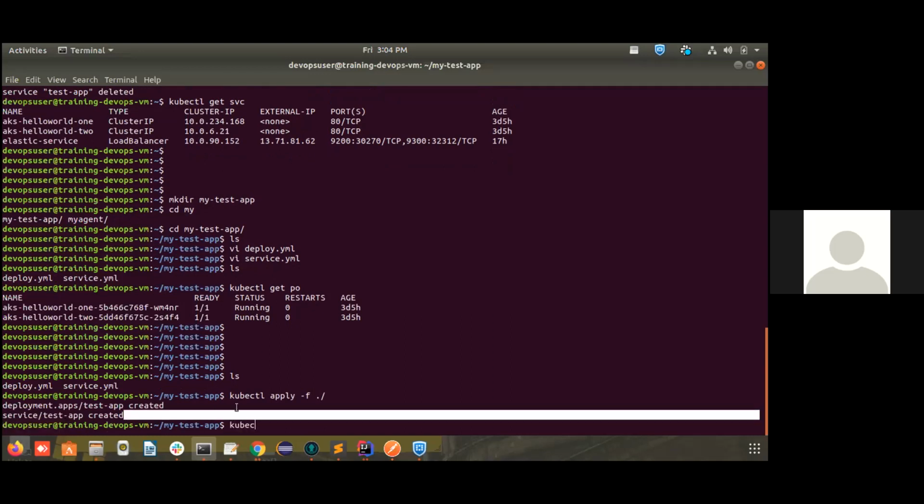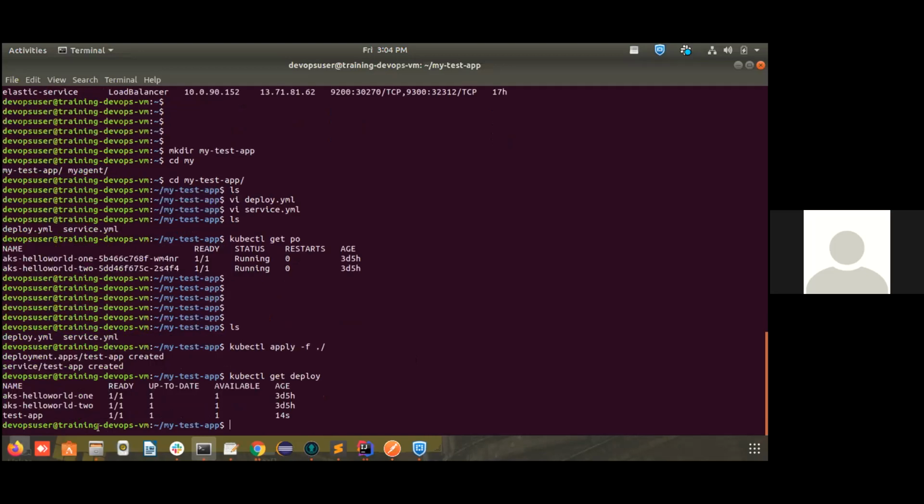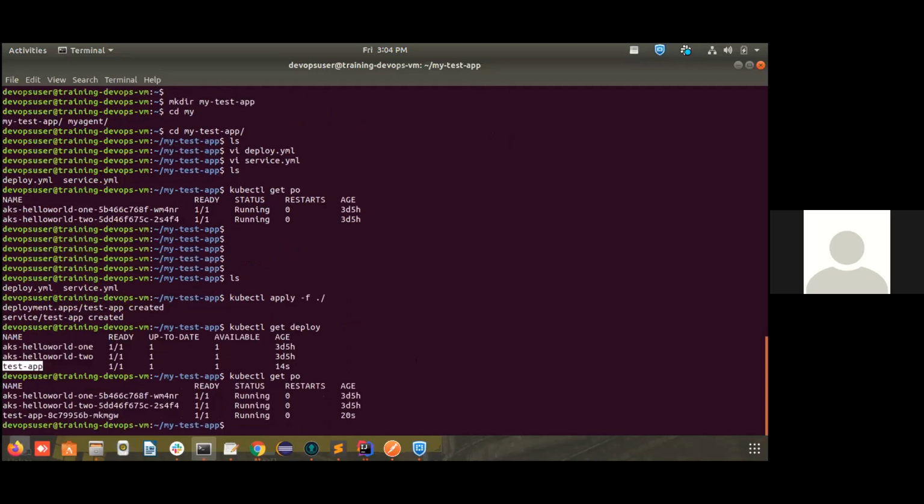So first thing we'll see if the deployment is created. kubectl get deploy. See, one deployment is created, and we'll see if the pod is running. Yes, one pod is running. If you want to check the logs of the pod, you can use the command kubectl logs -f. This is similar to the docker logs command. There we use docker logs -f and the container name. Here we use kubectl. The only thing that is different is kubectl and docker.